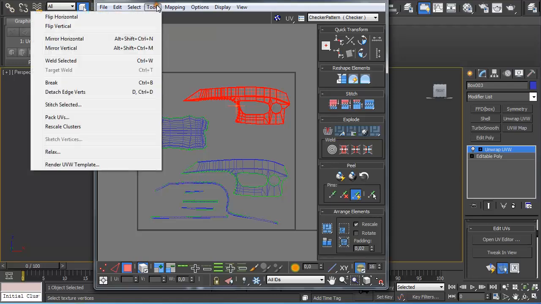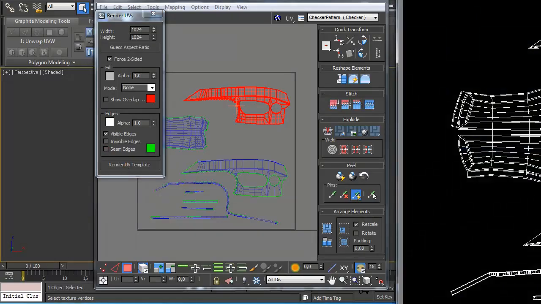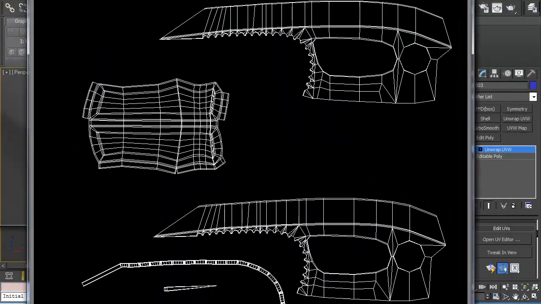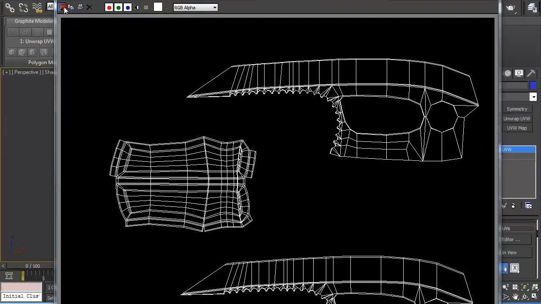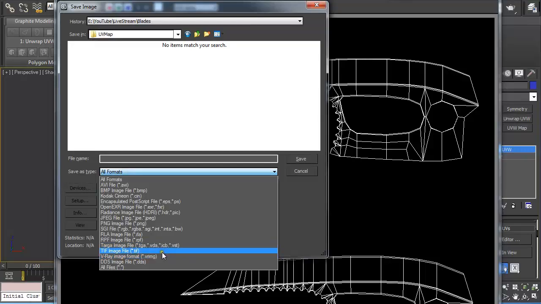So then you should go up to Tools, Render UV Template, and select the size of the map you're going to work on, 2048 or 1024 or 512, and then just show overlap turned off, and I will also turn off seam edges, and then just render UV, and it's going to render the map. And you should then save image and save it as a TIFF,